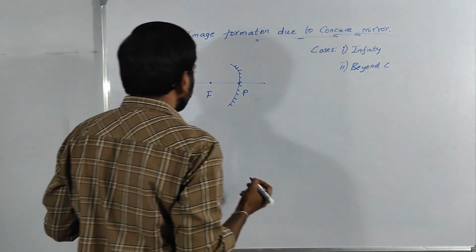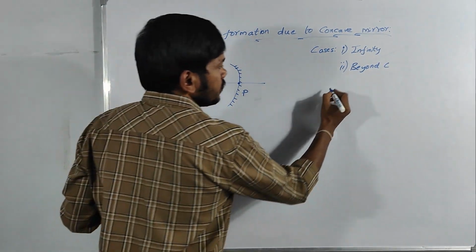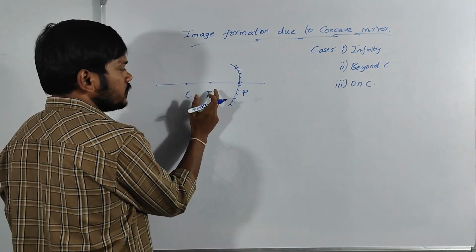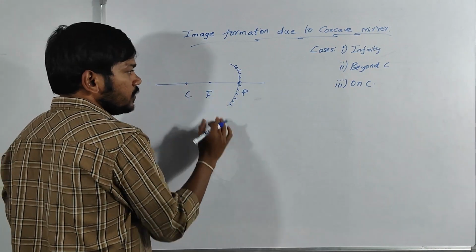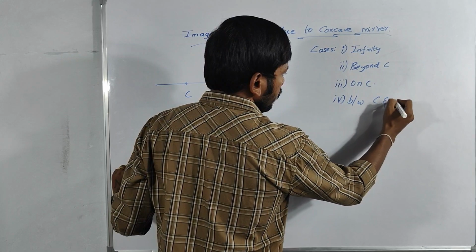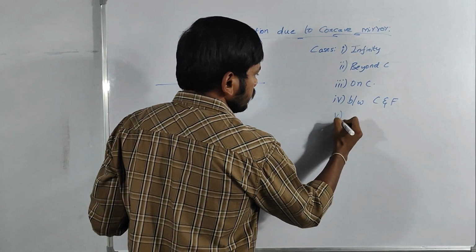The object can be kept beyond C. The third one is the object can be kept on C. The fourth one is further front towards the mirror, between C and F. And the fifth one,